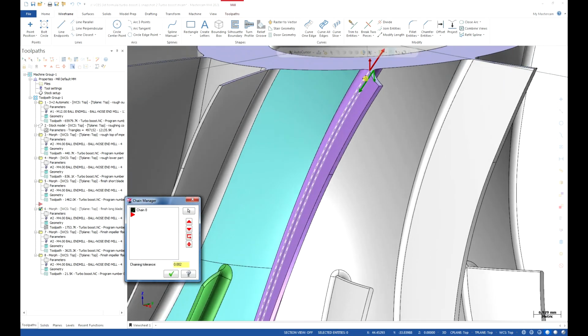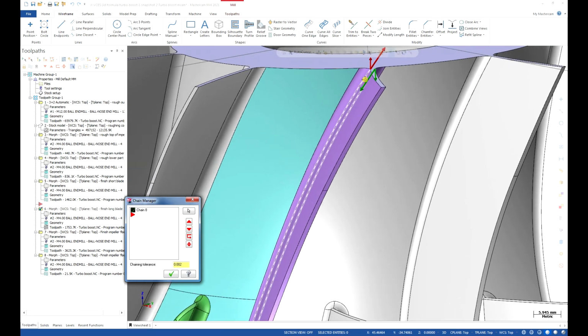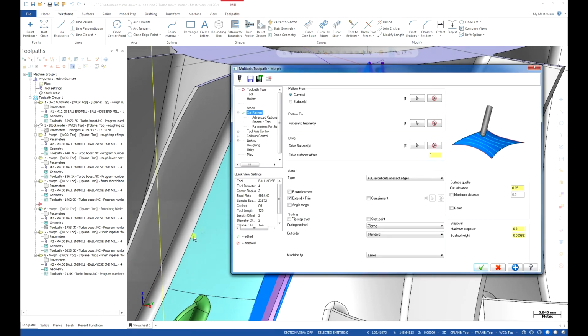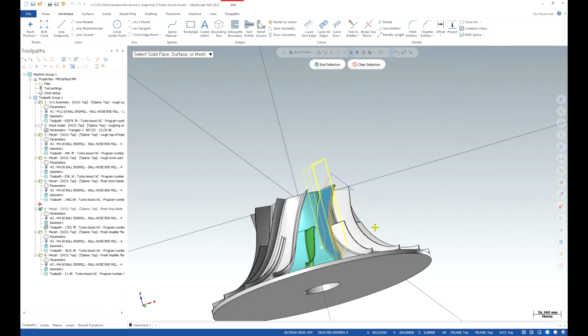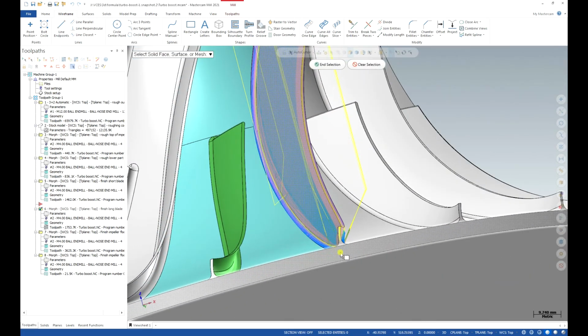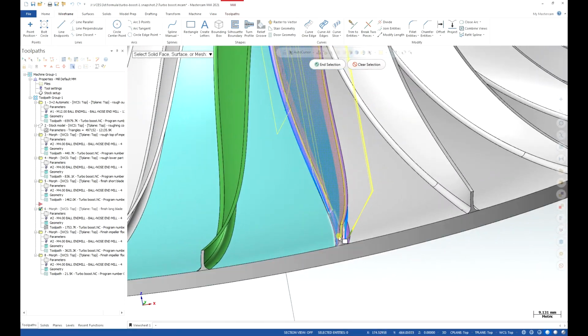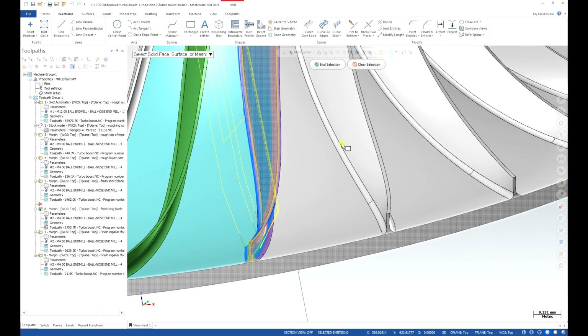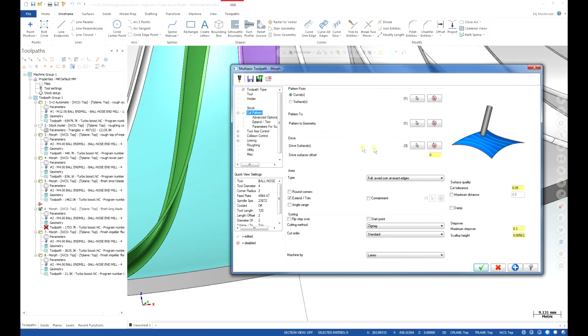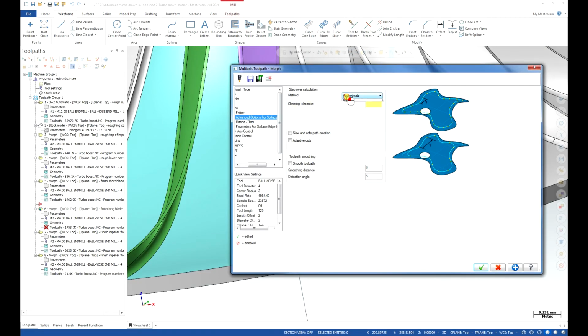Pattern 2 as well starts at the same side, so it must be some missing surface. Yes, there it is. The side of the blade wasn't selected, so that looks good. Let's change it to exact and OK,